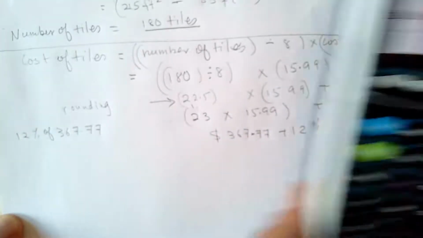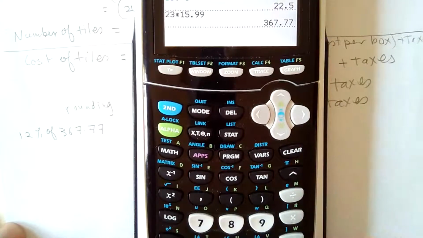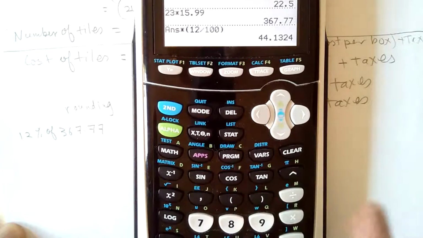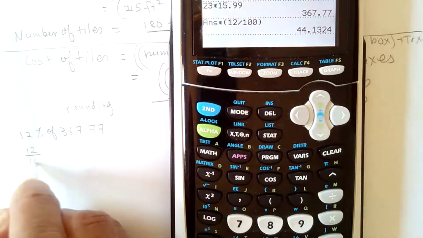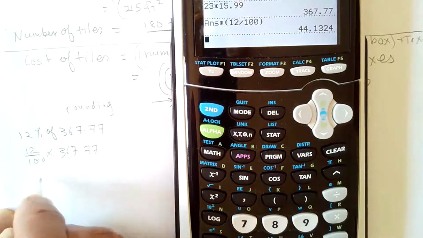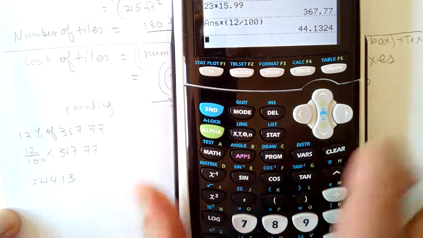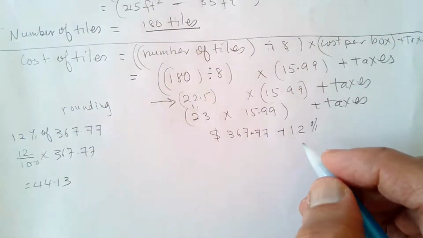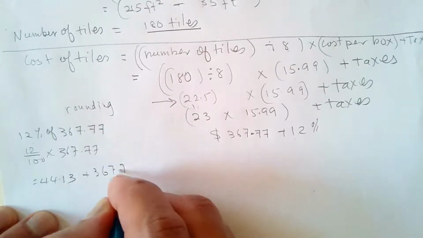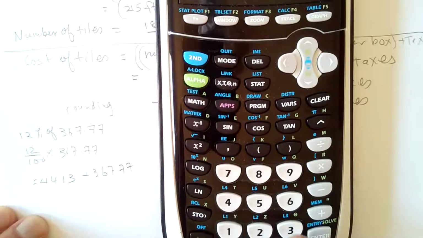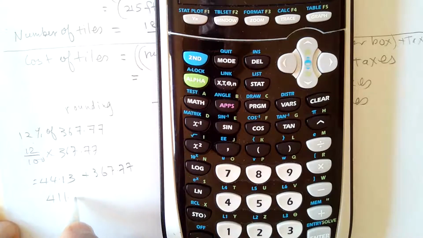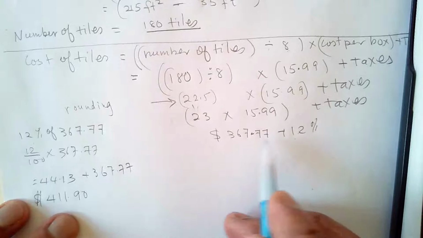which worked out to be, now you have to use our calculator here, 367.77 times 12 divided by 100, gives me $44.13. Now we can add $44.13 here. Now plus 367.77, and we're going to get $411.90. Now we could have done this separately, or do it all in one